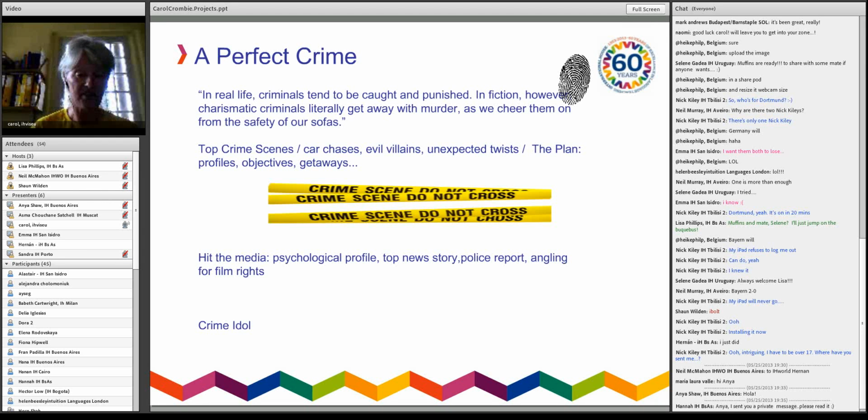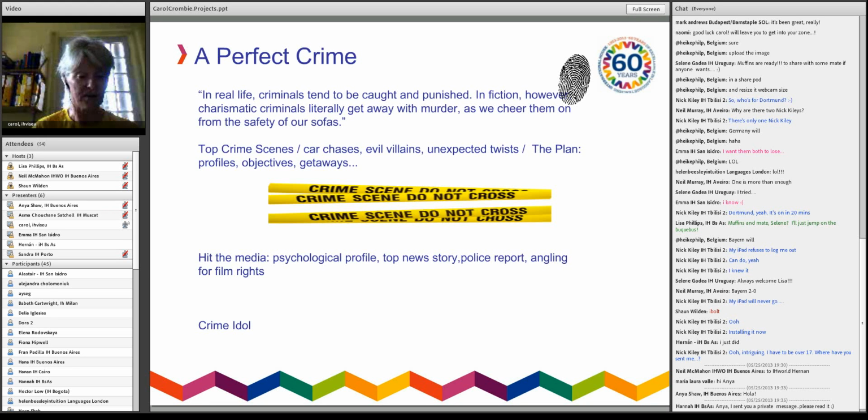And by this time, they're ready to move on to the main bit of the preparation stage, which is to put together their own plan for the perfect crime. They're given some things to be thinking about, so they have to consider the profiles of the criminal mastermind and his gang, what the objective of the crime is, how they're going to get away, etc. Once they've got their crime perfected,